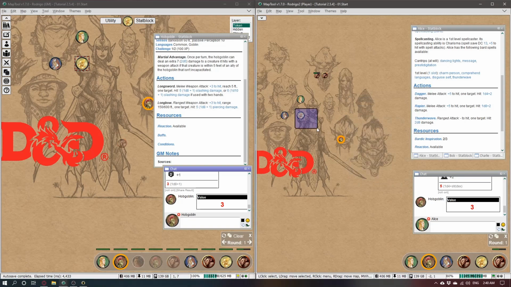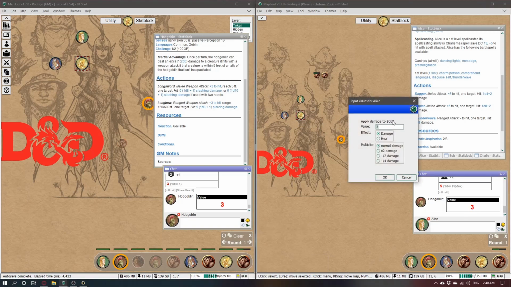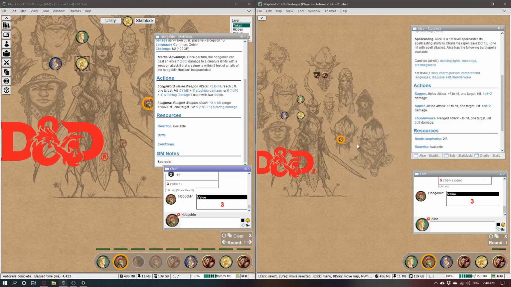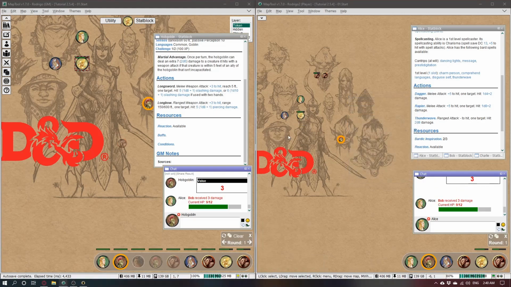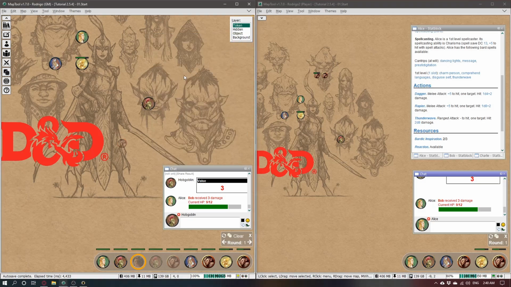So if I have this character selected, it will ask if I want to apply directly to Bob. So let's select Bob, 3 damage. Okay. Then I hit next, and another thing I can do is open that encounter manager,